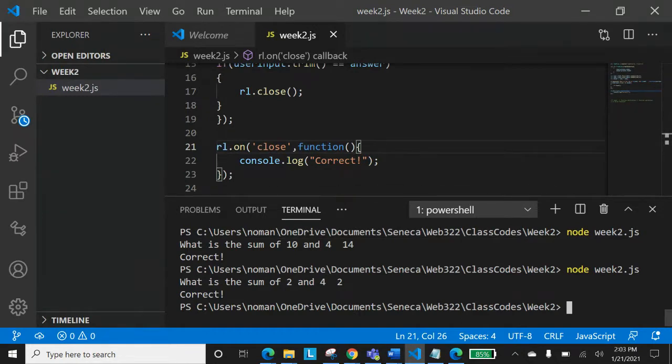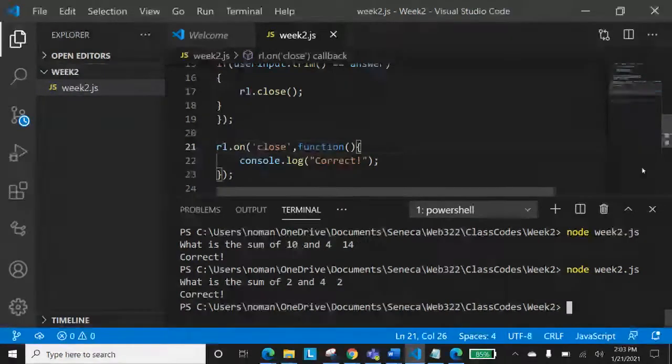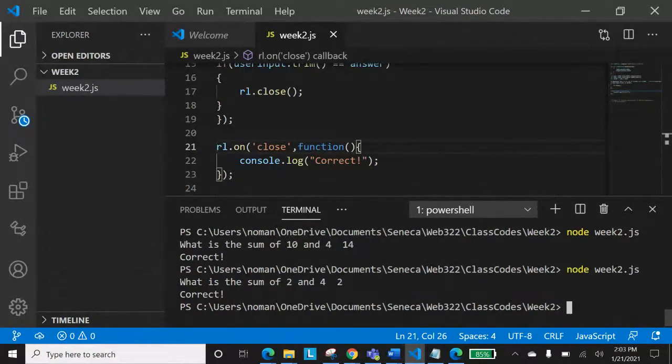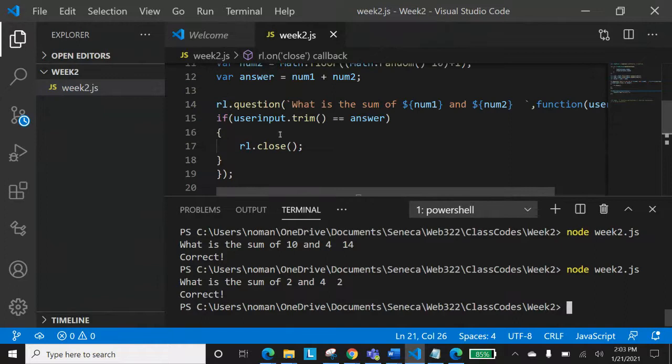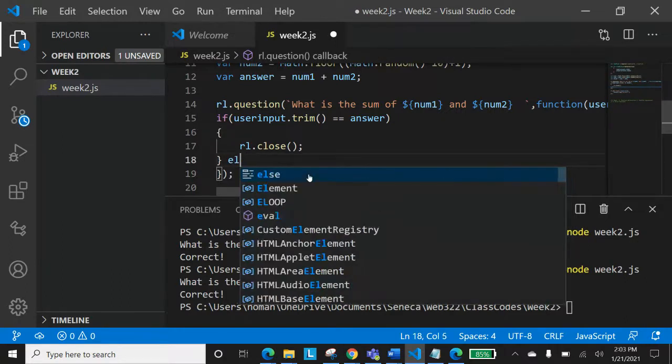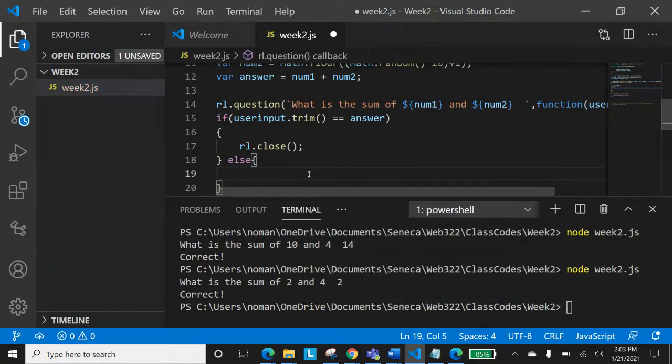Okay, now let's talk about one thing. Now we want to basically run, and run what? We want to see if that is not running successfully. So now we will just place an else for it. Else. Run that else. Right? So what will this else do? This else will tell us that, of course, the answer is not correct. And if the answer is not correct, what do you need to do? Just come here.